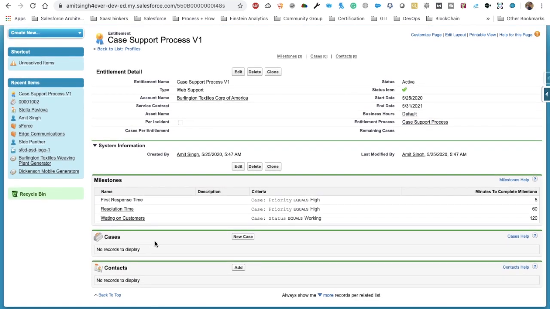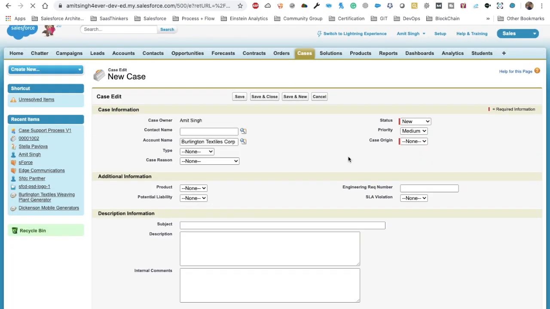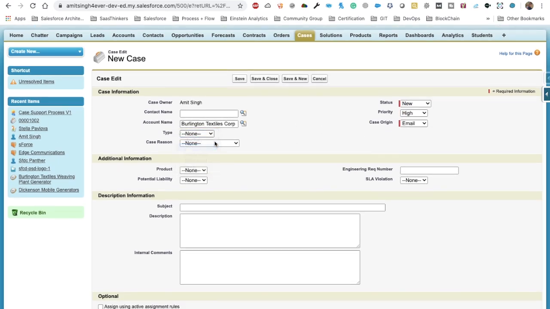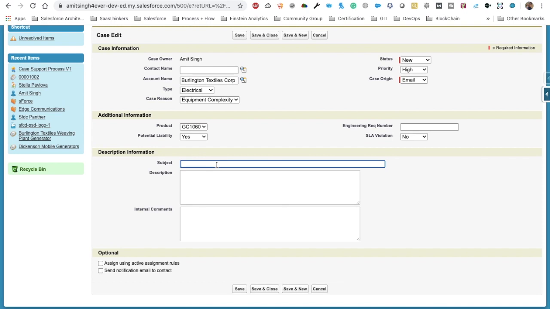And then if you wanted to create some cases or some contacts, you can create those here as well. So let's quickly try to create a case. We will click on New. From here itself we will set priority to high, because we created the milestone for the high priority. We can provide any values for these, there is no need. For the subject we'll just say something here.